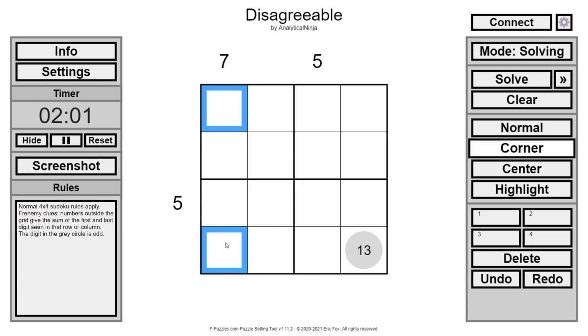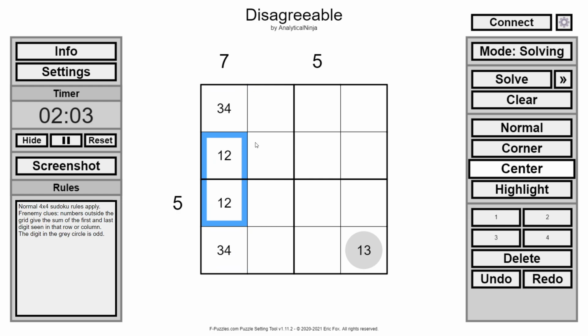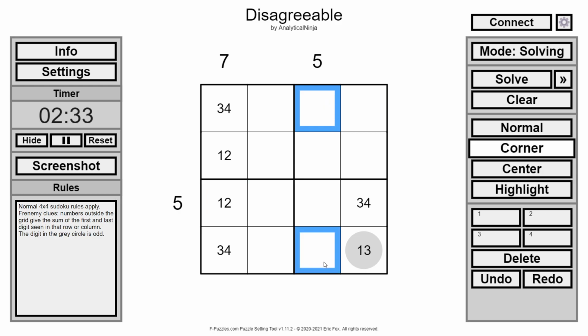So 7 is the first thing I see, which must be 3, 4. That's the only way to make that work. Now 5, this has to be a 3 or 4 to go with the 1 or a 2. Now this is going to be... If this is... One of these is going to be a low digit, one of these is going to be a high digit. If this is 2, 3...